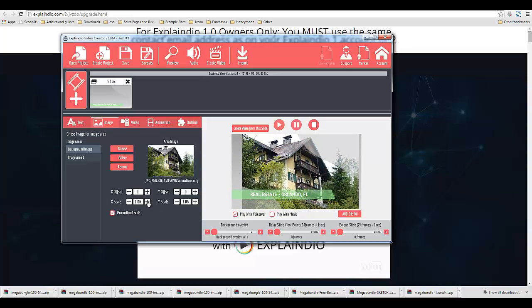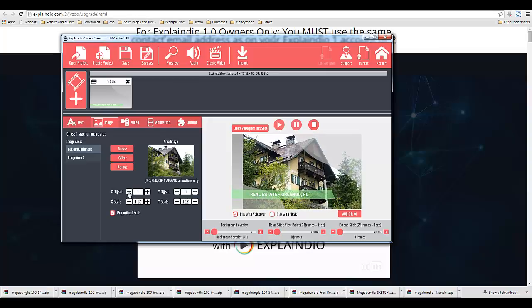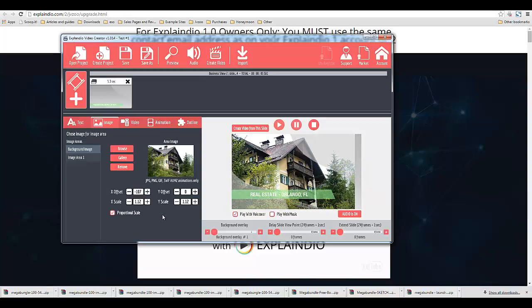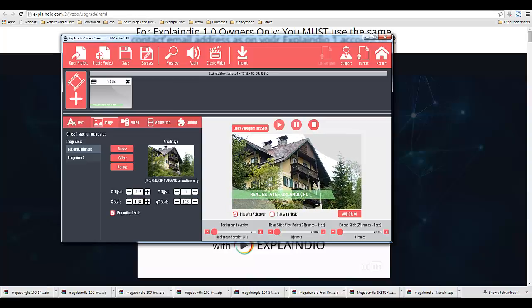So I have to make this a bit larger and then change the offset. Make it a little more large here. So now we have a background image just like that. Okay. And then what I'm going to do is add a video.